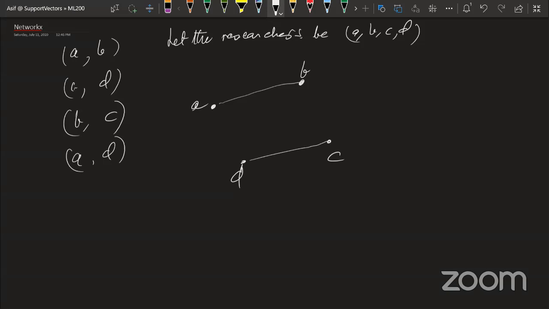And these are undirected links, right? So if one has collaborated with the other, the other has also collaborated with the one. So these are undirected links. Then C and D have collaborated. Now B and C have collaborated, and A and D have collaborated. Oh goodness, this makes a perfect rectangle. Let me make it something else. A and C have collaborated, let's say. Right? And maybe C and E have collaborated. So do you notice that you have a collaboration network? Right? So if A wants to collaborate with E, all he needs is a reference from C, for example, isn't it?